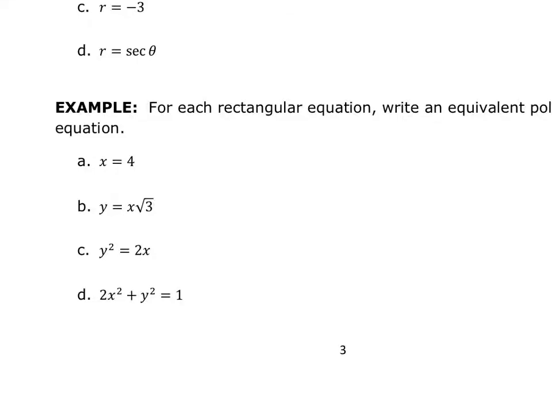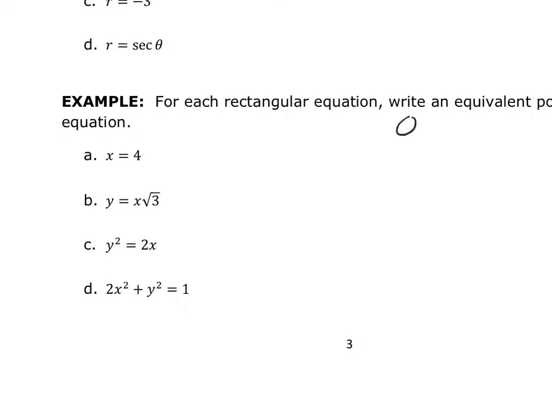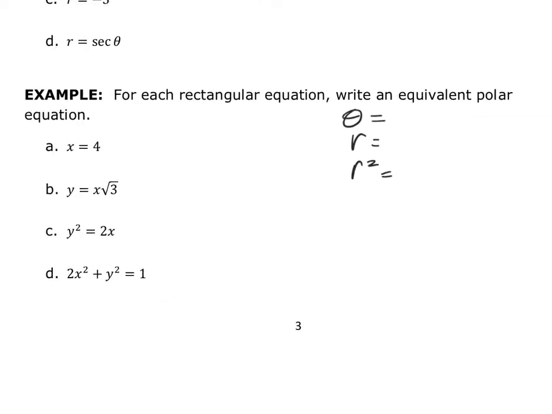When we are going into polar, ideally we want to have theta equals, or r equals, or even sometimes r squared equals if we can't get r by itself. So we are going from rectangular into polar, and the things that you need to get from rectangular into polar